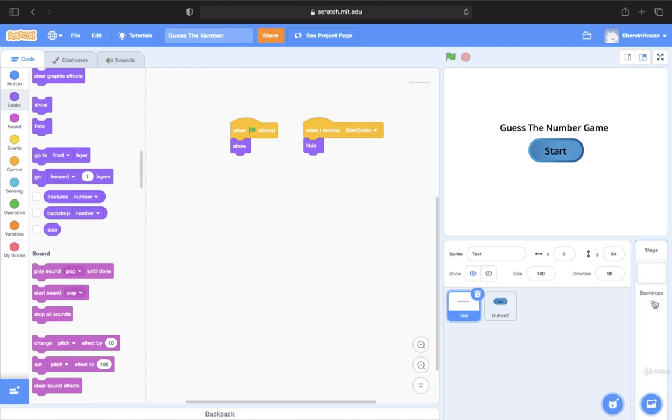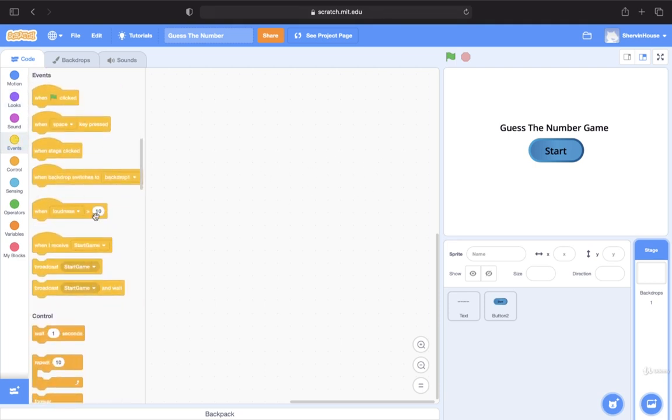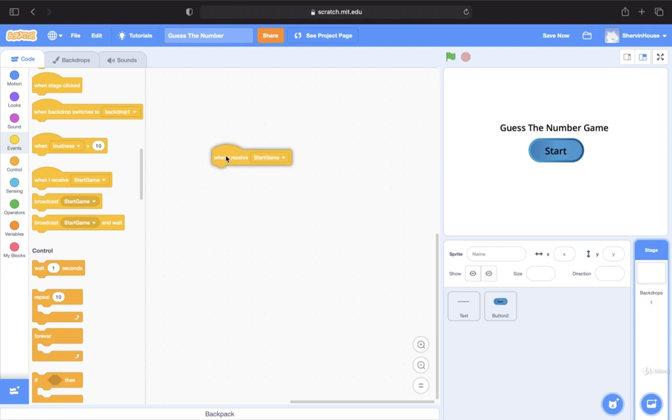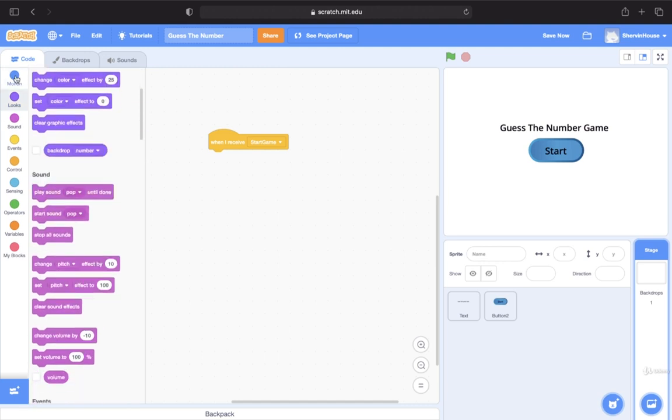So you can just go over here to the backdrops. As you can see, you can just select that and just start putting some code here. So again, we're going to go ahead and put this event saying when I receive the start game, when we receive that broadcast, then what do we do? Well, we want to make sure that